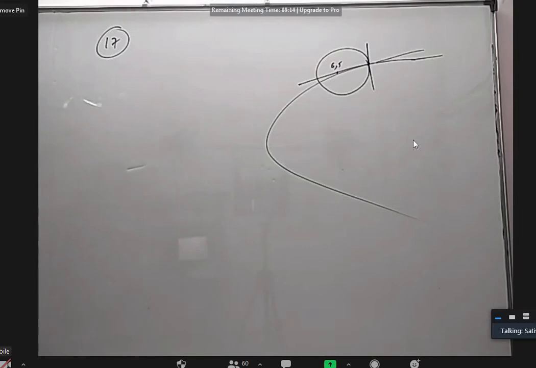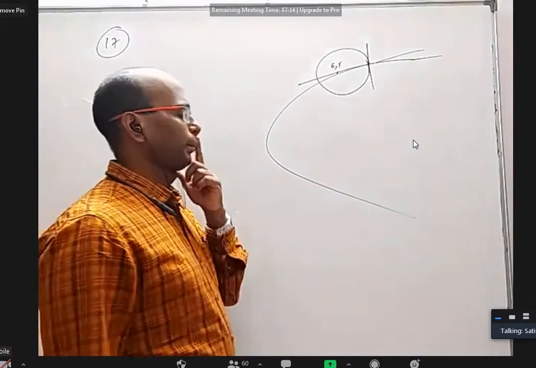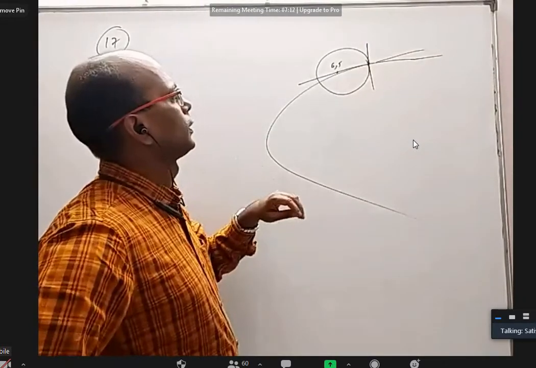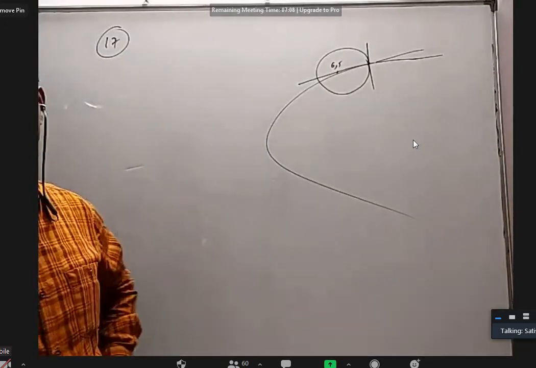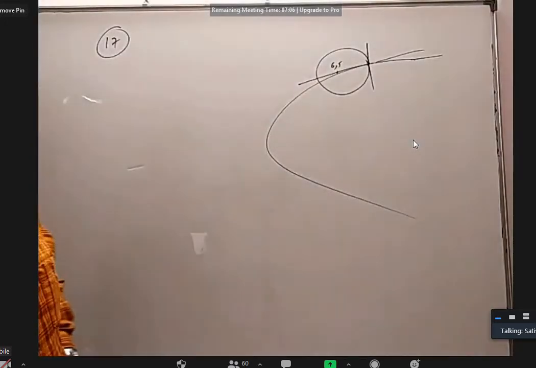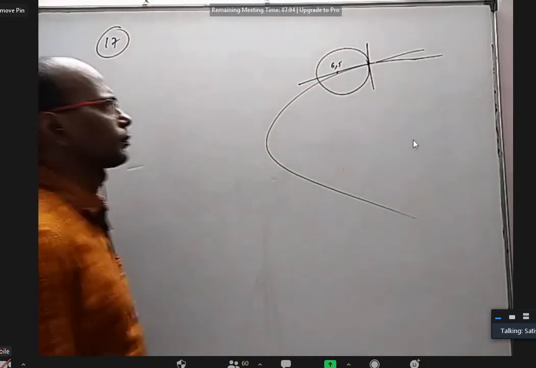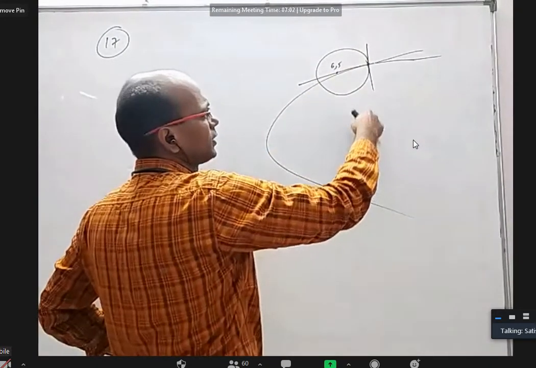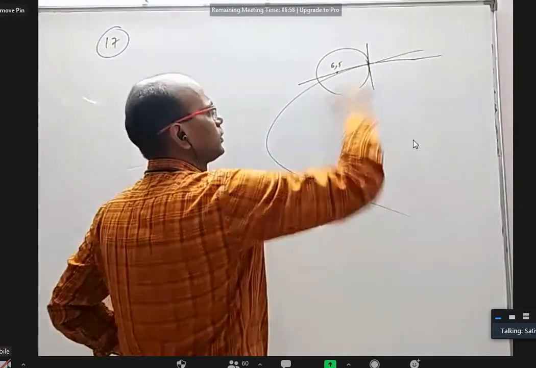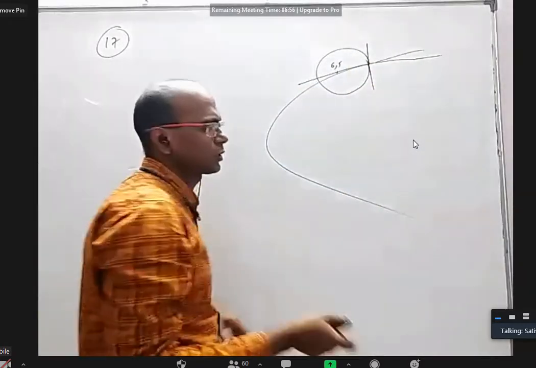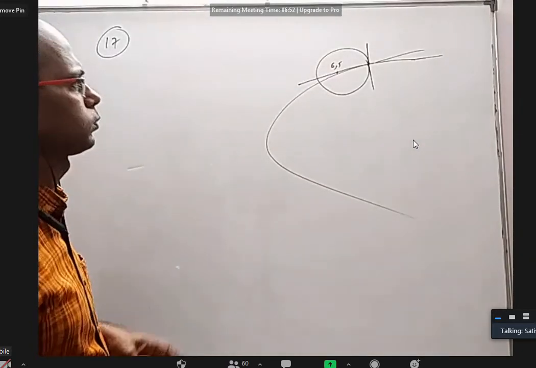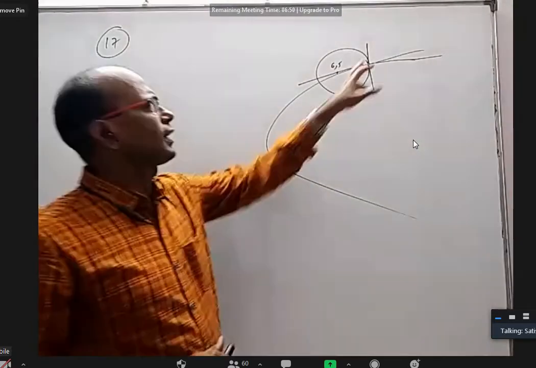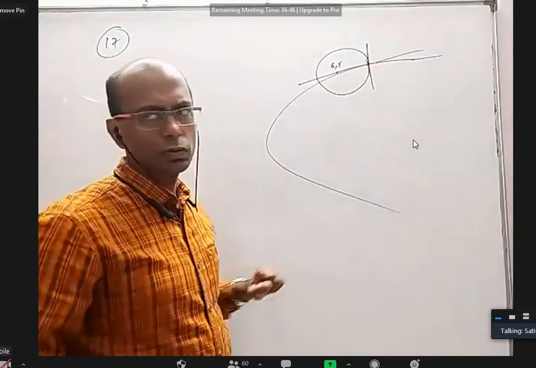Okay. A parabola and a circle are intersecting each other orthogonally. Whenever two curves are orthogonal, it means that at the point of intersection, the tangents should be perpendicular. So this line should be tangent to the parabola and normal to the circle, which means it passes through the center. So basically, at (at^2, 2at), the tangent should pass through (6,5).